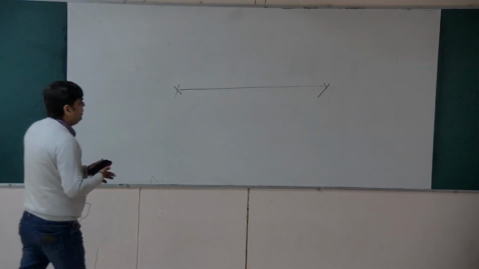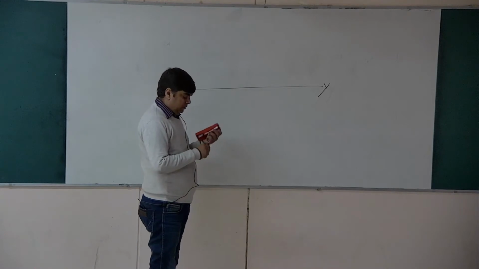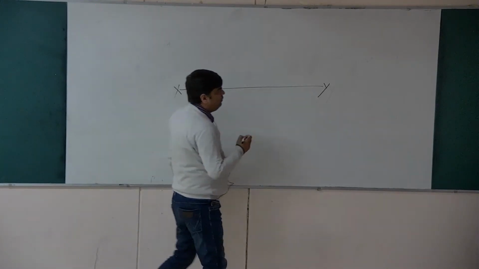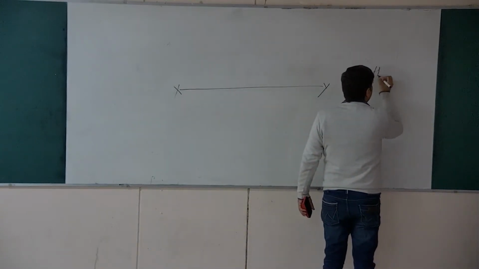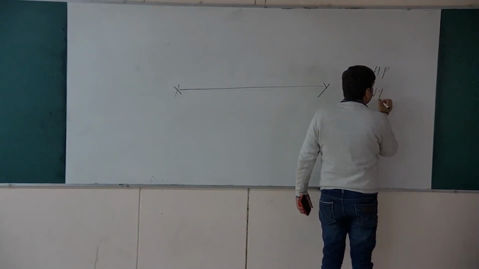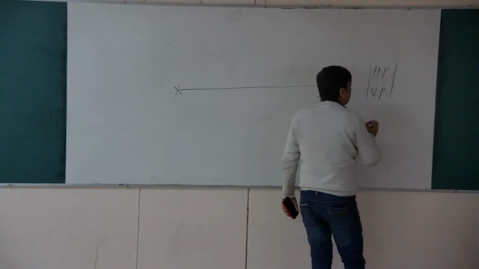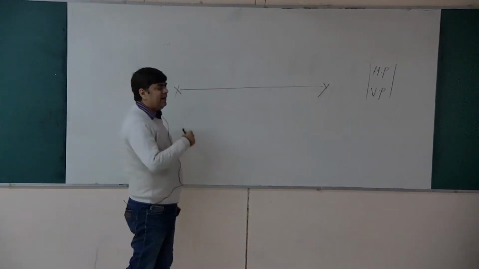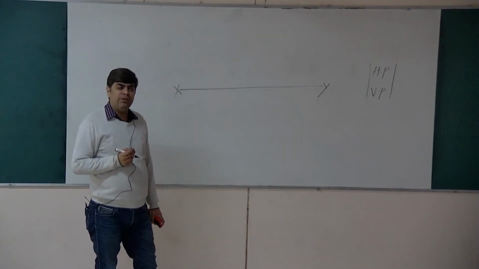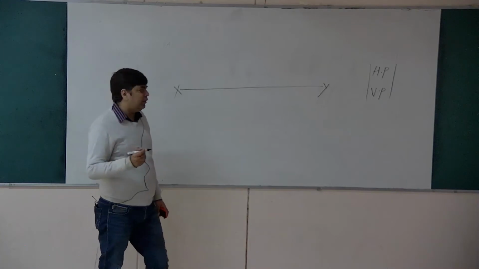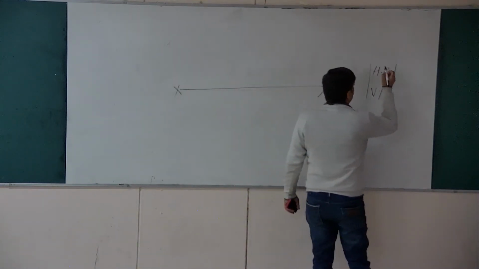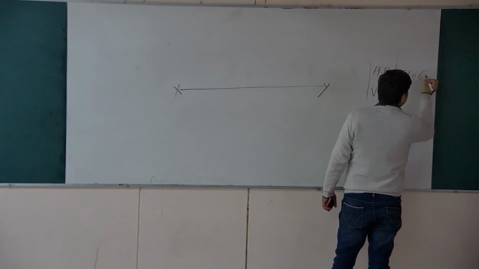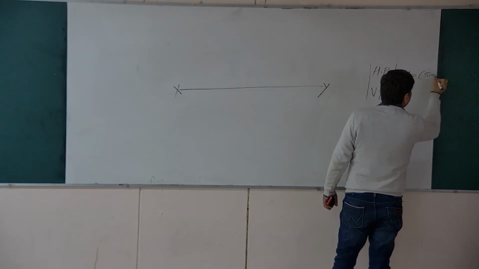As I told you, HP and VP. Now you have your XY line, which separates your HP, the horizontal plane, and the vertical plane, VP. The first problem I am going to take up is a line parallel to both HP and VP. Let us consider a problem in which there is a line having a true length, designated as T.L. Let us say the true length of the line is 65 mm.